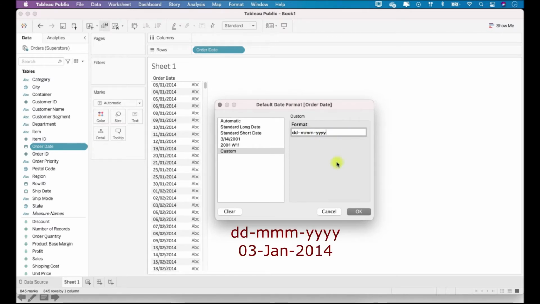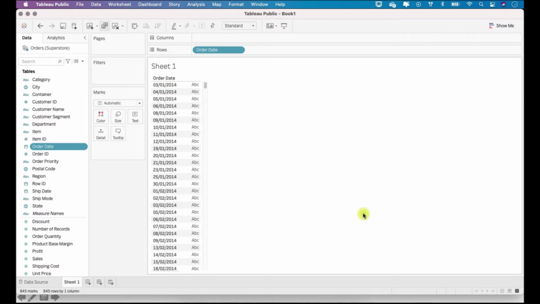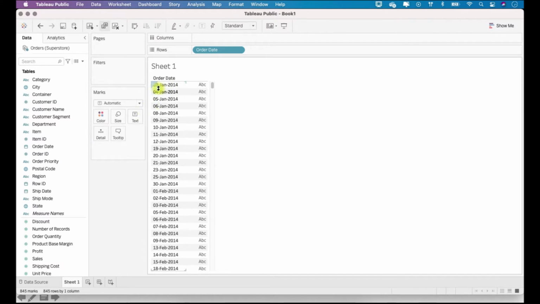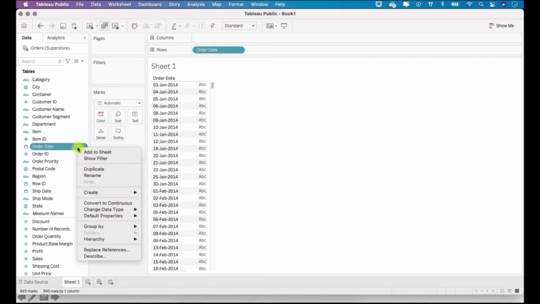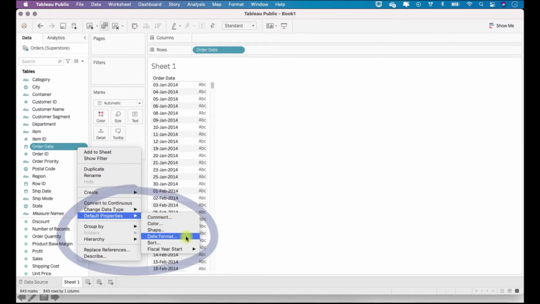So it will display this date as 03-Jan-2014. See, so 03 JAN for January and 2014. So this way you can change the display format. Once again, right click, default properties, date format. From here you can change the display format.